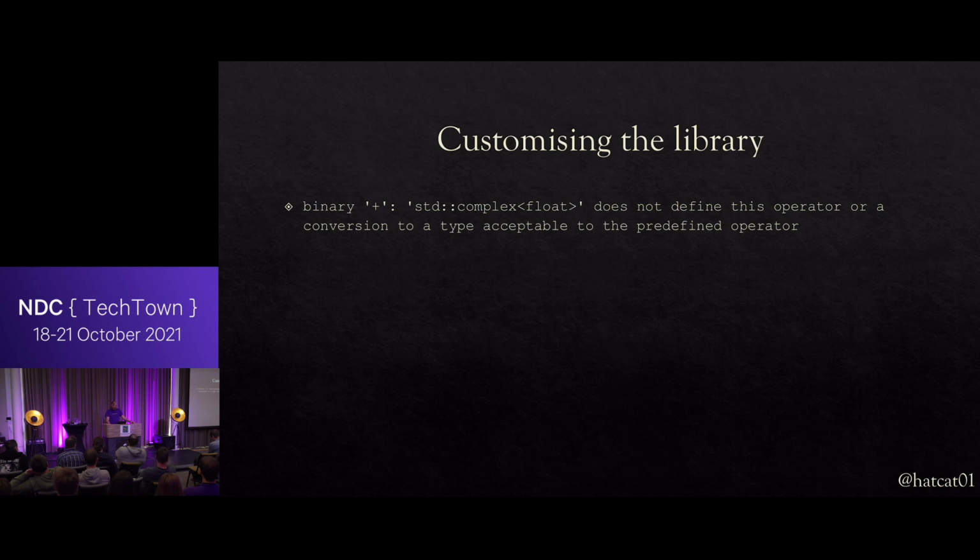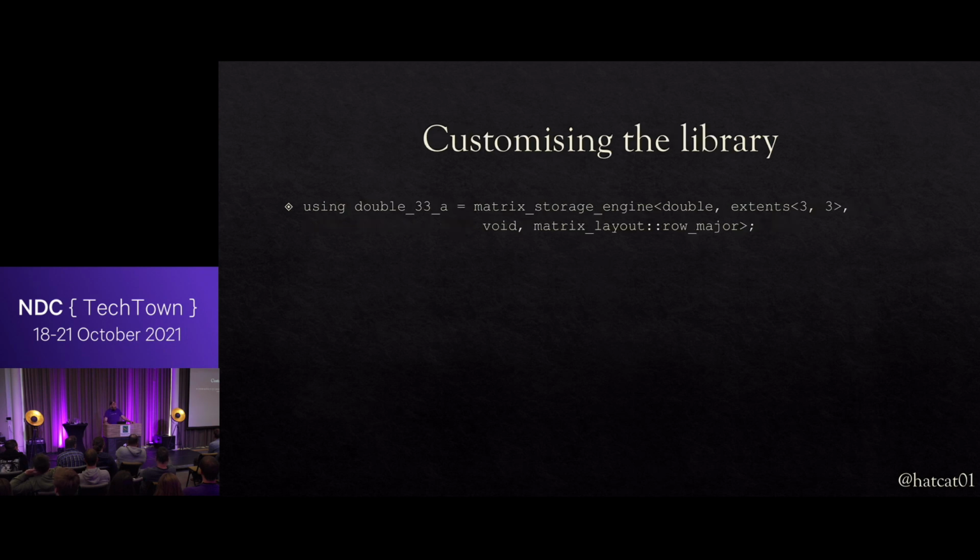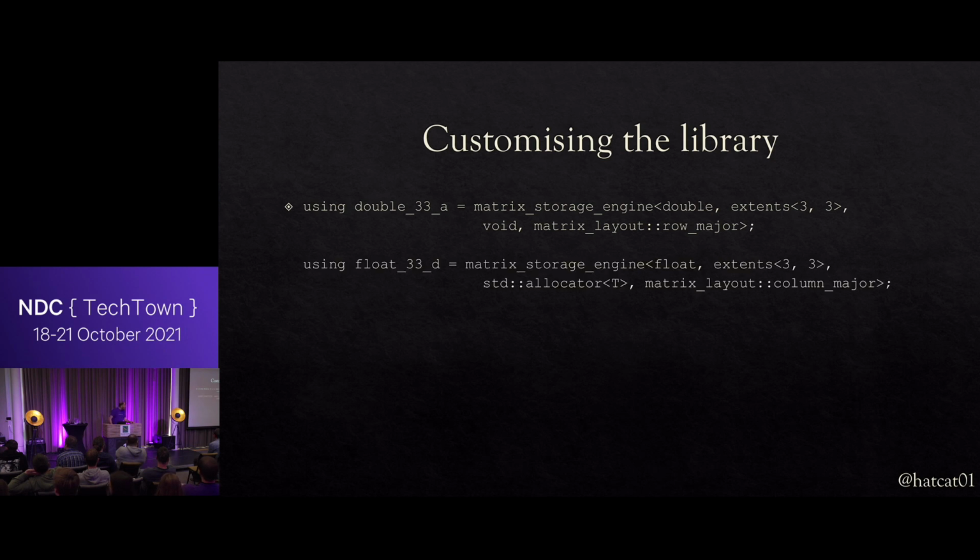Now, defining operators for a few possible specializations of std::complex might seem wrong, but my co-author and I disagree. And we think this is an oversight. And there's an even more fundamental problem to solve in our case, because here are two storage engines with different element types. And here are two matrices with different storage engines. So what should the type of M3 be? You're adding two 3x3 matrices.